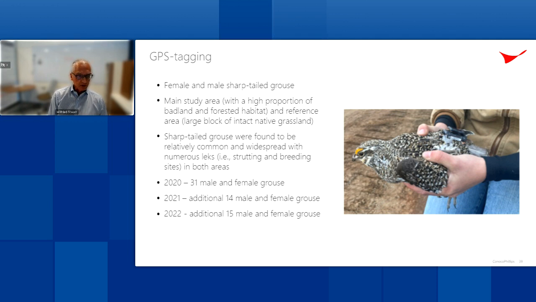The transmitters were programmed to collect 3 to 5 locations per day. That translated into a total of over 24,000 GPS locations recorded over the 3-year period of data collection. The number of locations per bird ranged from 7, which probably means that the bird got rid of its harness fairly early, to over 2,000.